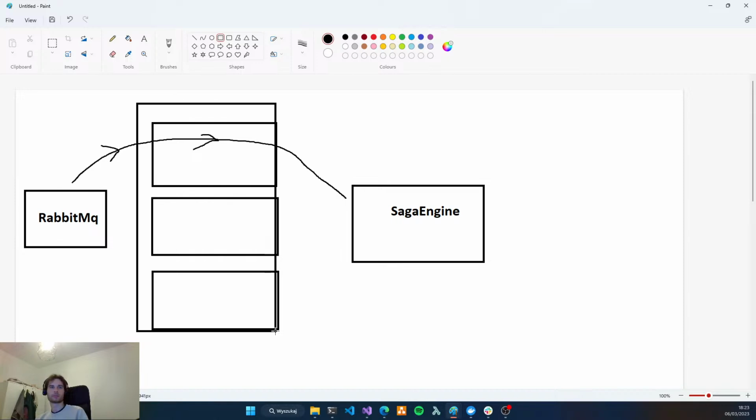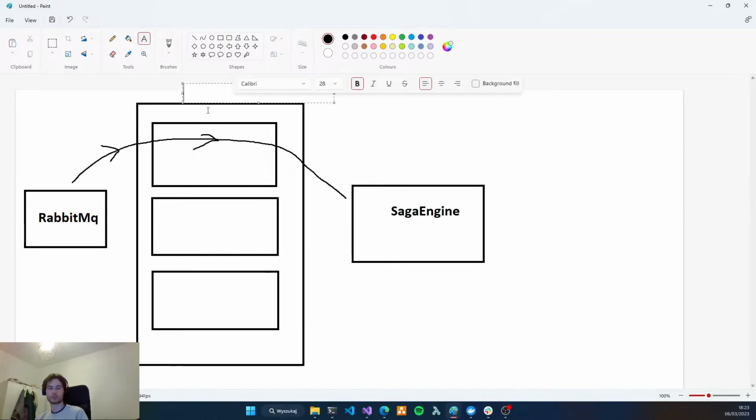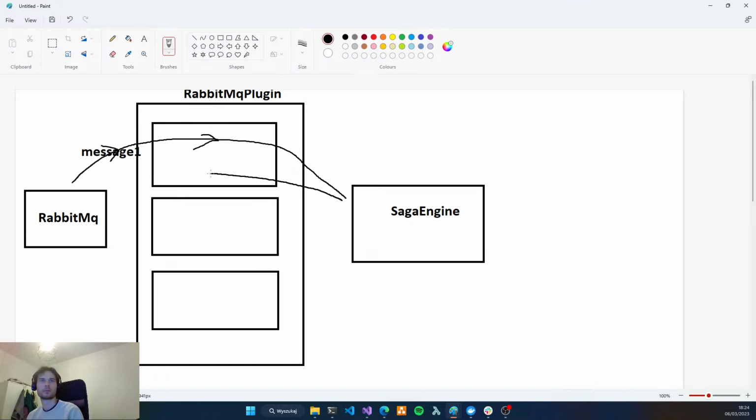Let's create RabbitMQ plugin, and okay, this is our first step of our transaction, and this will be redirected by the engine to another message, so it's message one, and this will be redirected to RabbitMQ.